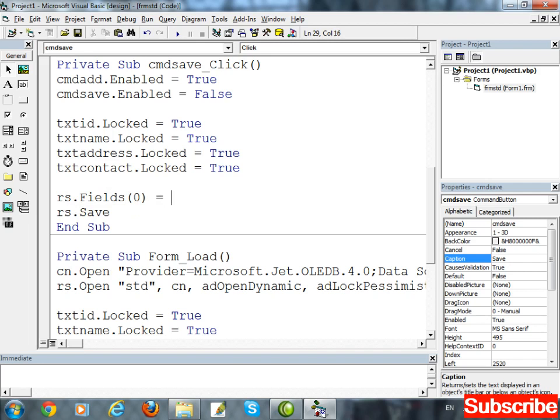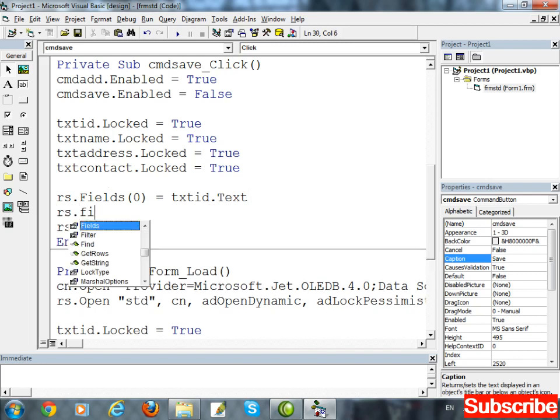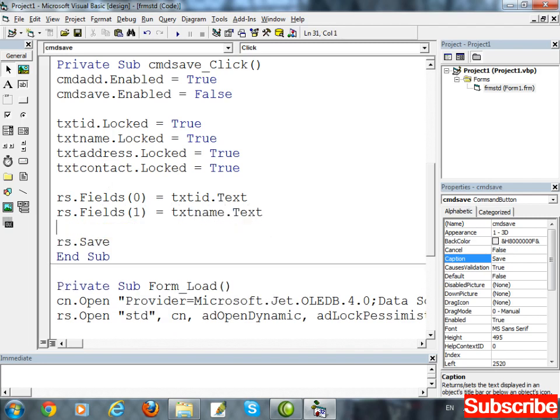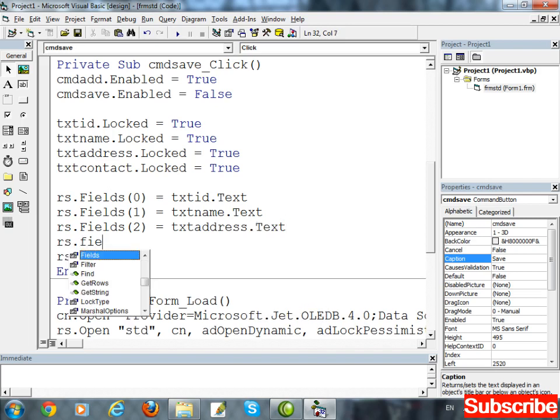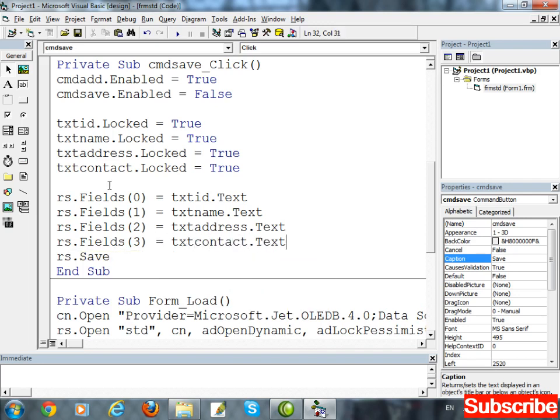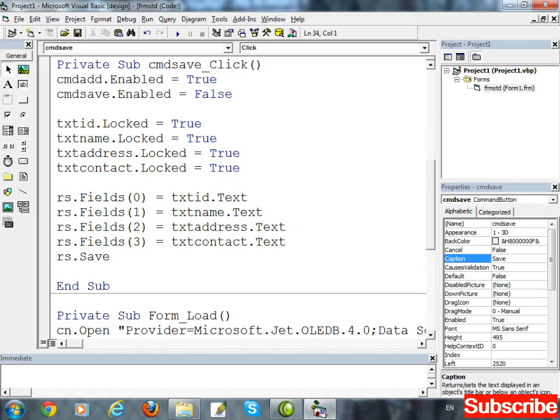The value which we have entered in txt_id.text. rs.fields(1) txt_name, rs.fields(2) txt_address, and rs.fields(3) txt_contact.text. After this, the record will be saved, and after saving the record, a message box is displayed.